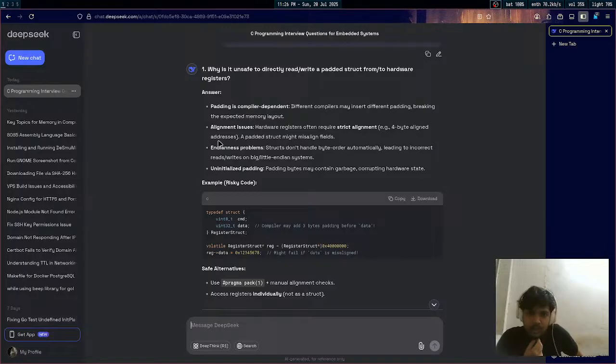Structs don't handle byte order automatically, leading to incorrect reads and writes on big and little endian systems. Yeah, that is true. Uninitialized padding bytes may contain garbage, corrupting hardware state. Yeah, that is true. Actually, I did not ever think about this, but you're only accessing, reading and writing into